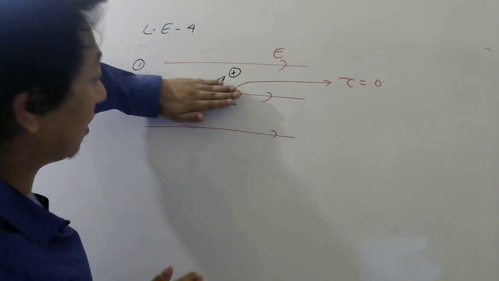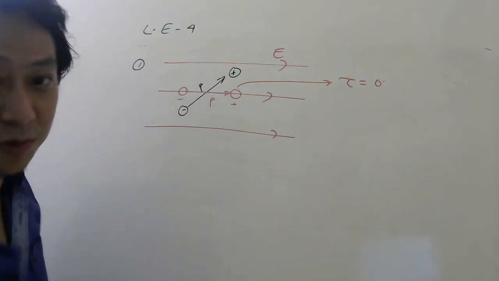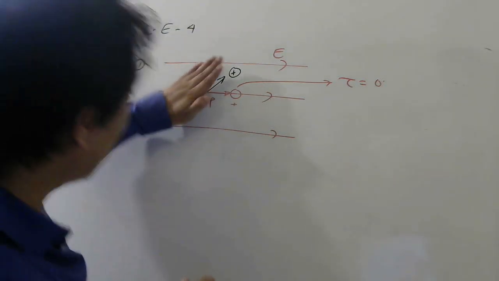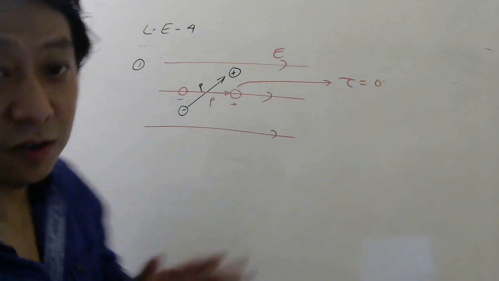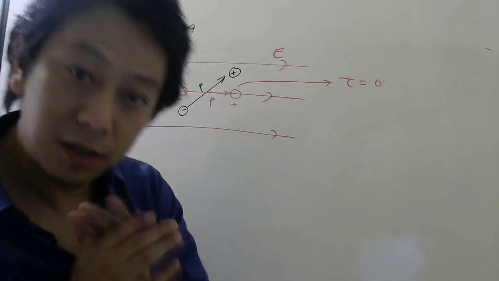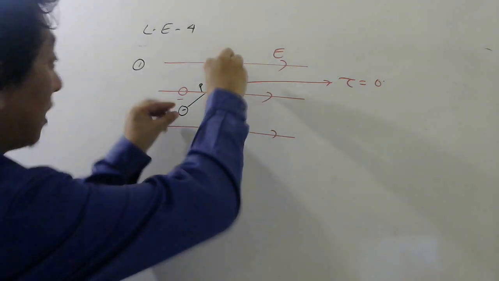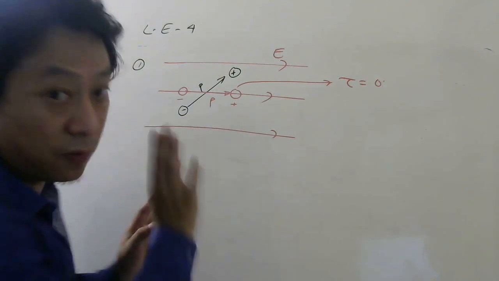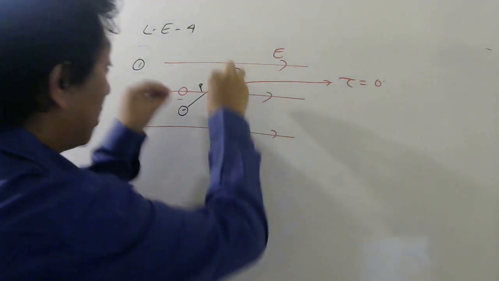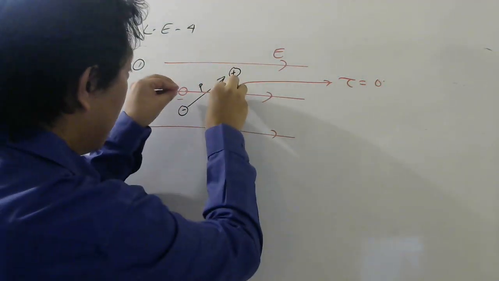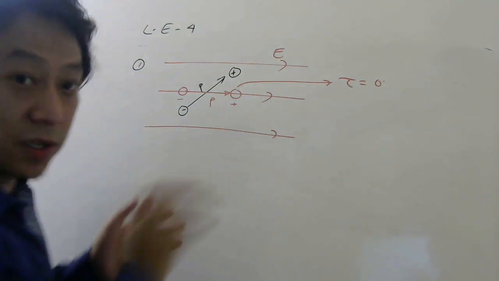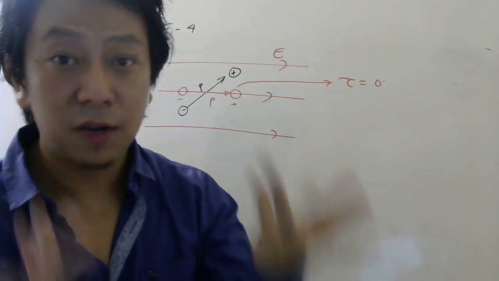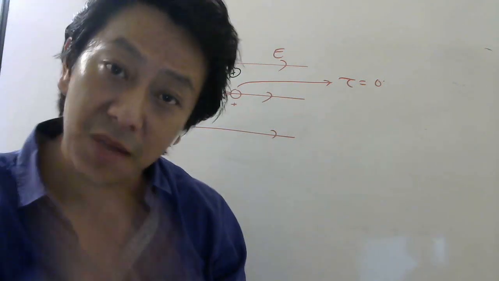finally it will stop here, because that is the equilibrium position, stable equilibrium. But that doesn't mean that it will come immediately to stop, because it already has inertia. Understood, students? See, if you keep the dipole from here itself, if you keep it here and then leave it, then it will stay there. If you keep this dipole here and then you leave it, then it will stay at rest, because if it was already at rest and there are no forces, no torques, it will remain at rest.